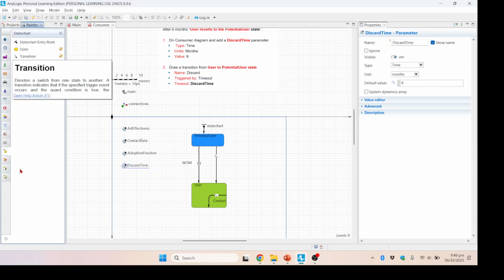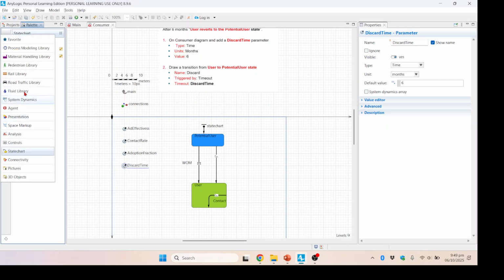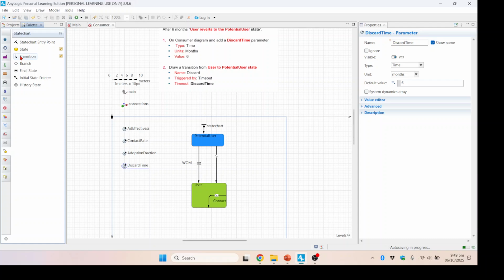I discussed in my previous videos as well that if you hover your mouse on these icons, then you will see the names of the libraries which are available to you. So go to the state chart library and there is an option of transition. If you double click it, a pencil icon will appear here, and using this, click on the contact,